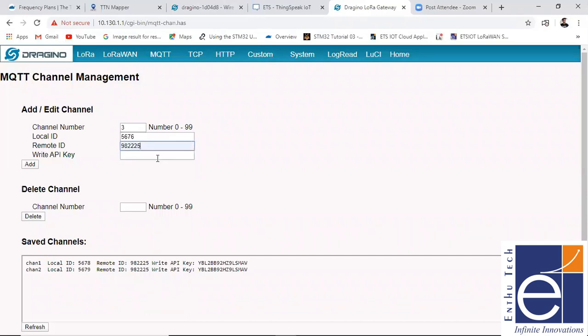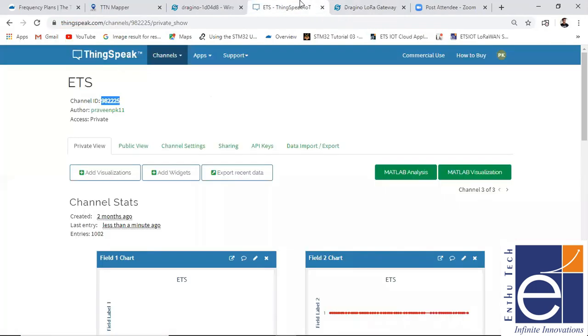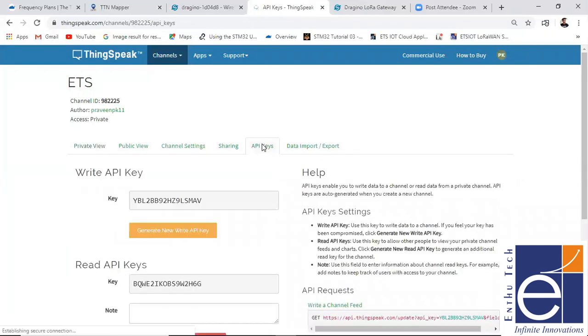Okay. Then afterwards, the write API key. Why do we need the write API key? Because we are taking the data from the end node, and now we need to write the data in your ThingSpeak. So for that we need a write API key, or else we are unable to write your data. Okay. So for that, what do we do now? Once again, I'm just jumping here. In this API Keys section, you can see an option called Write API Key. I just copy this write API key and I'm going to place it there, right?